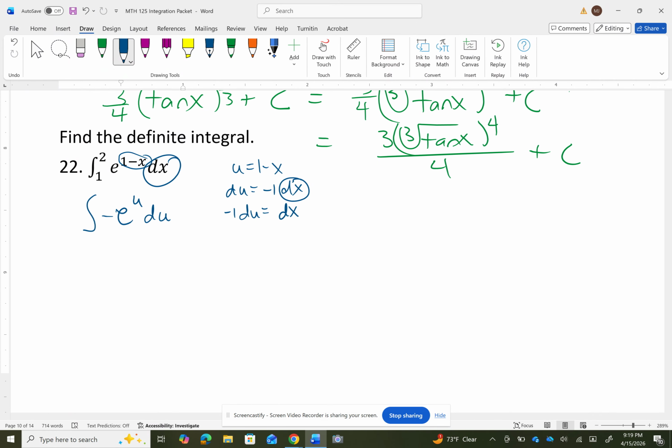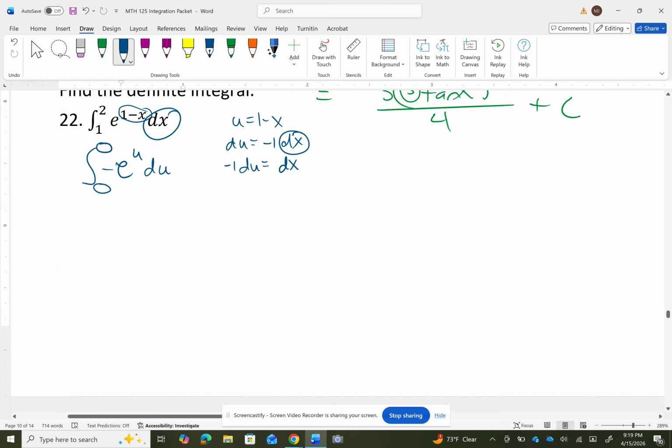Now I'm still needing to integrate, but I have u's, so those limits of integration could be changed to be in terms of u at this point, or you could keep them as placeholders and get back to x's, and then get back to plugging in the 1 and the 2. Either way, I'm going to do it by keeping the placeholders there for a moment. So if I'm integrating that, then I know that's going to wind up being just a negative e to the u